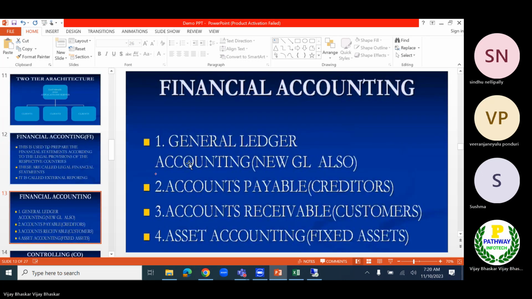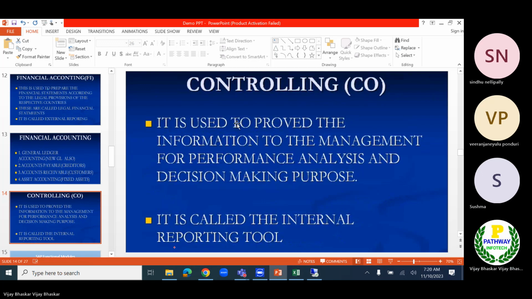Then in financial accounting, what are the modules which are available? General ledger accounting, accounts payable, accounts receivable, asset accounting. So these are the modules which are available. Controlling. So what is meant by controlling?